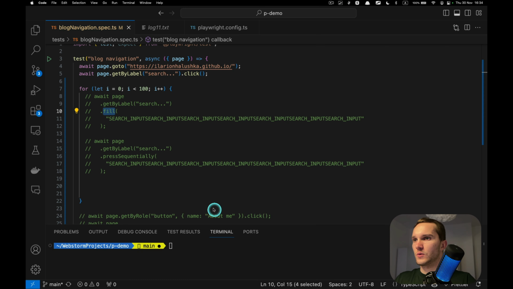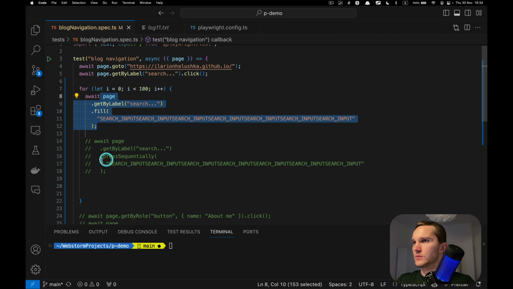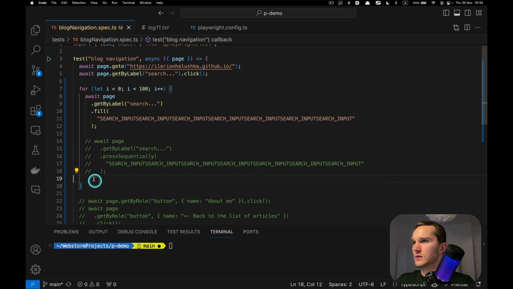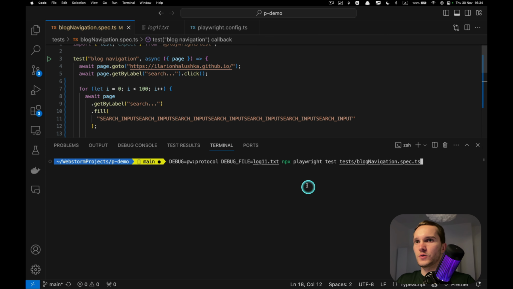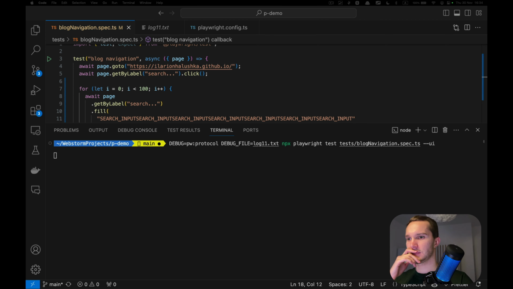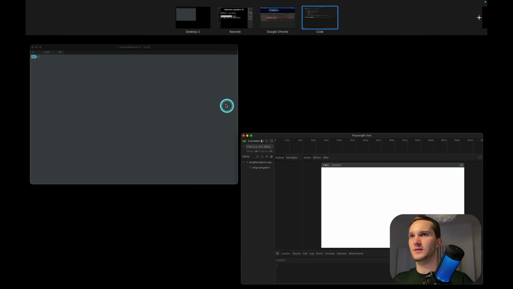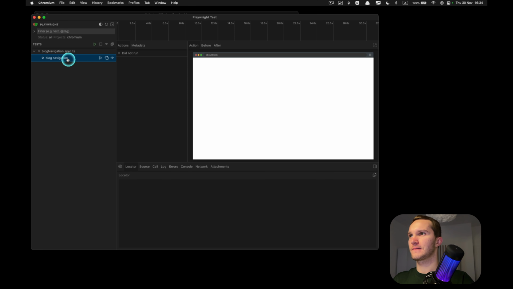Okay, and now let's do some magic. So we had 100 iterations. Let's see how much time this one takes. I actually want to run it in UI mode. Let's try. I'm really curious which one would be faster.